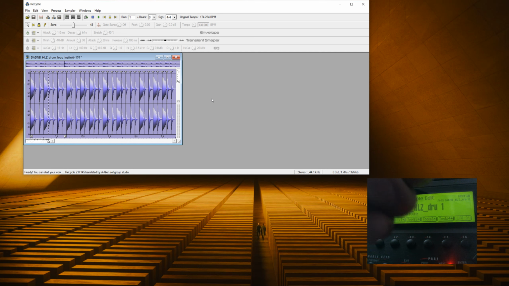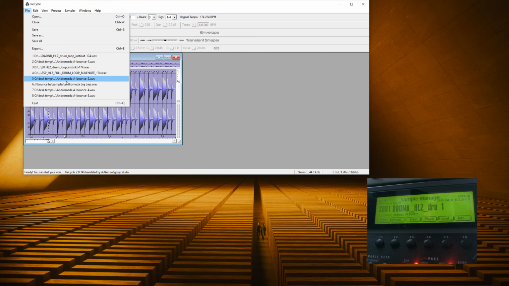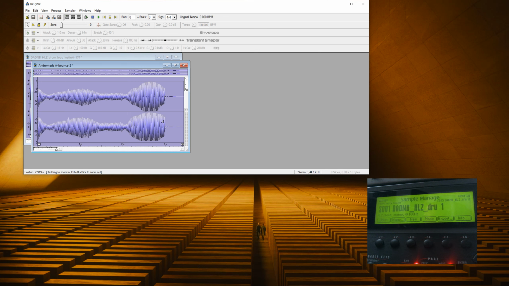We got our guy, the kick, the hat, the snare, and so on. It's super handy, right? It's awesome. The only thing you need to pay attention, so let's have a look here. It should be a total of 8 samples. Let me have a look. Yeah, 8 samples. So the first empty slot in the sample memory is going to be slot number 9, correct? So what we need to do now, I'm just going to pick up these